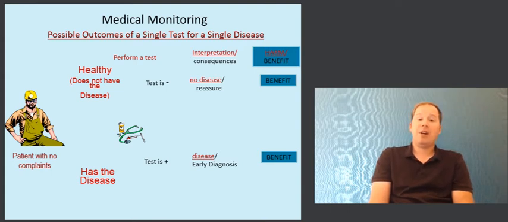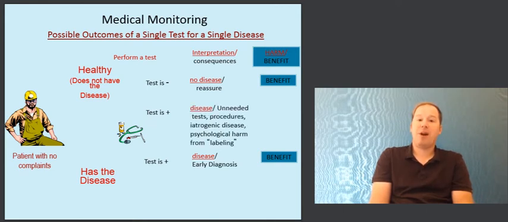The condition, however, can become problematic if the test is positive when the person is healthy. That is a false positive result. The person doesn't actually have the disease, but the test is inaccurate and comes up with a positive result. In this circumstance, we're going to create a cascade of problems because the person will be diagnosed as having the disease. This could lead to further unnecessary tests or even procedures, what's called iatrogenic disease or doctor-induced disease, where it's not the disease causing the person's symptoms, but the doctor's intervention itself leads to further complications.